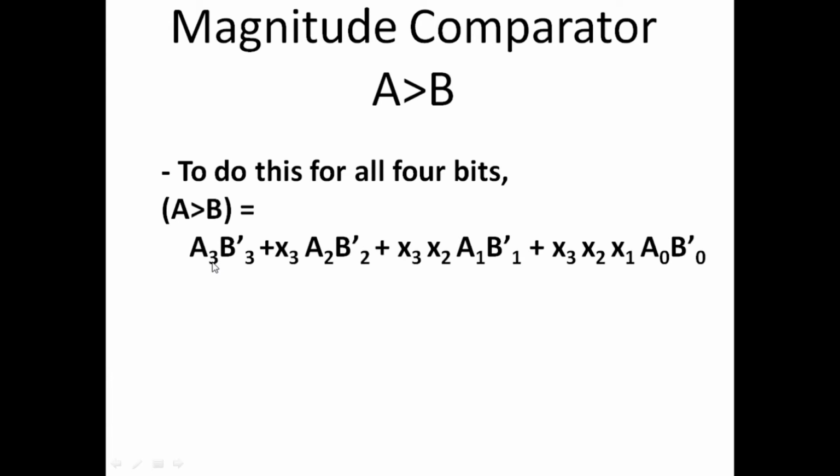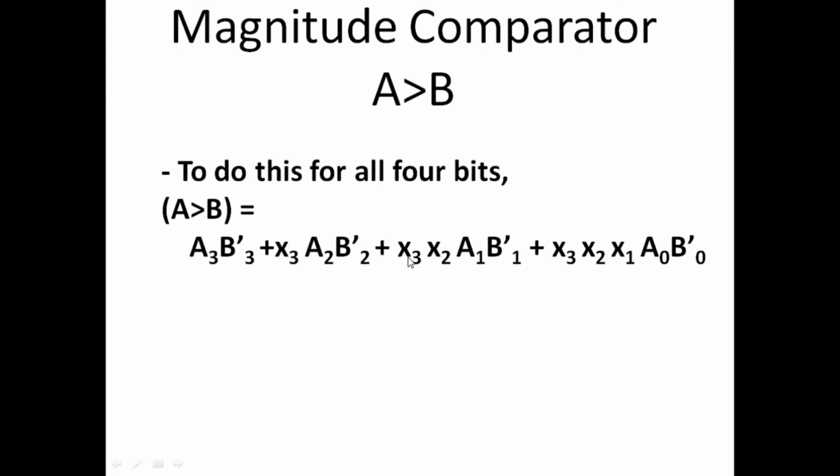A3 is the bit at the most significant position, and B3 is the bit at the most significant position of the other number. So A is greater than B if A3 is 1, B3 is 0, or the bits A3 and B3 are equal, and A2 is 1, B2 is 0,